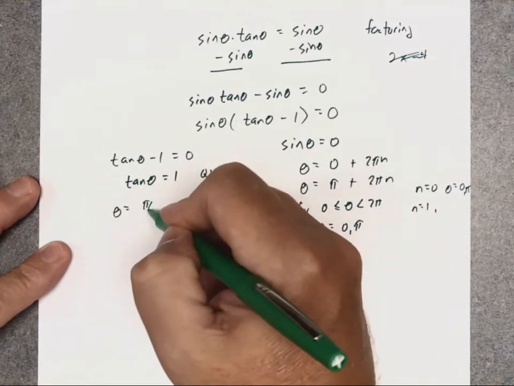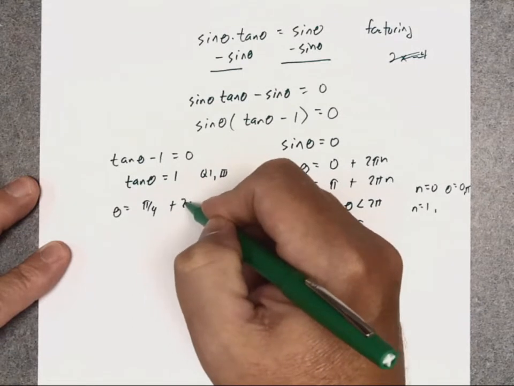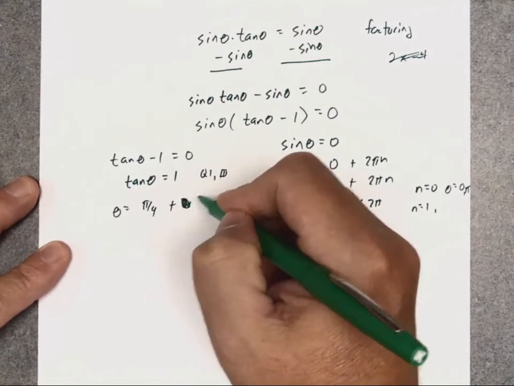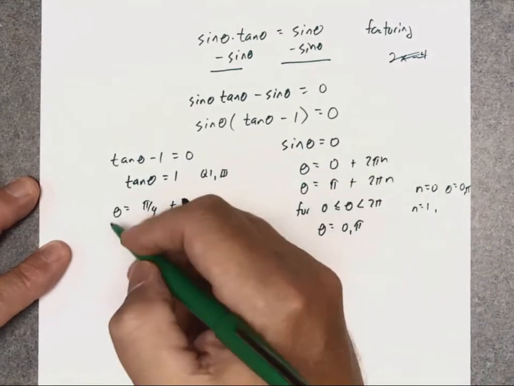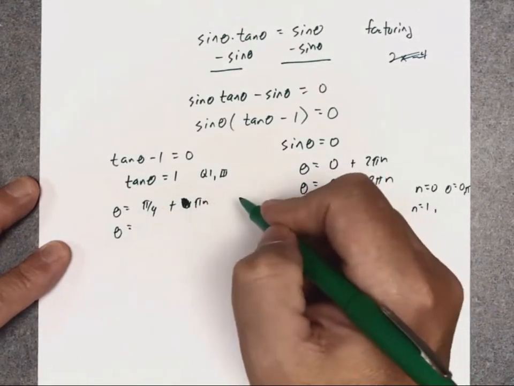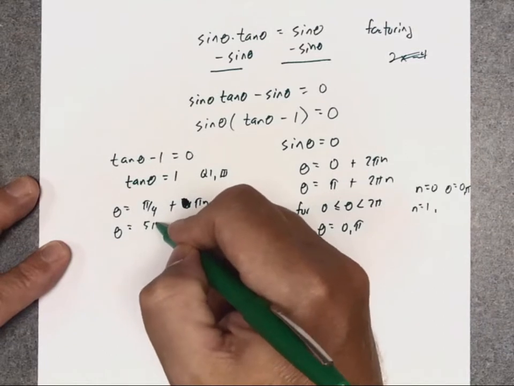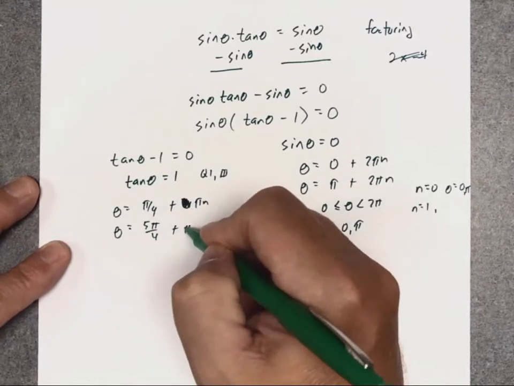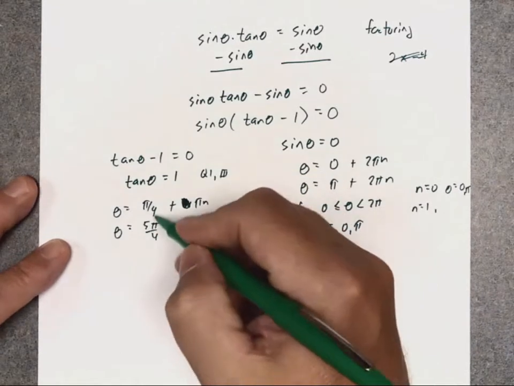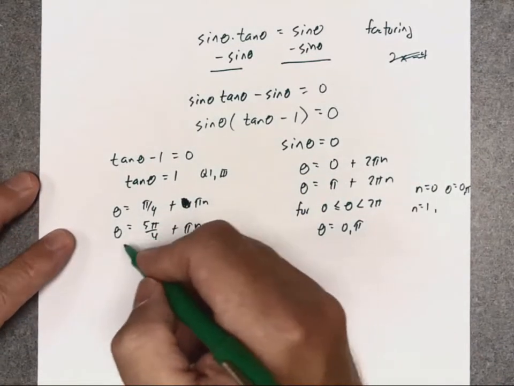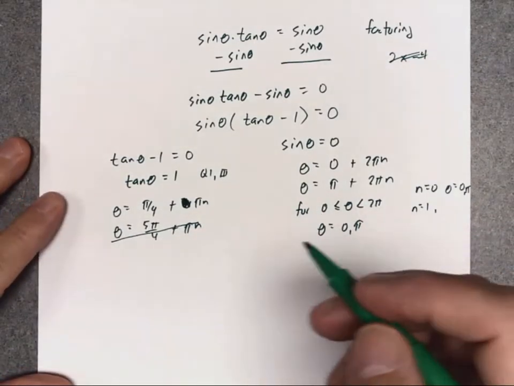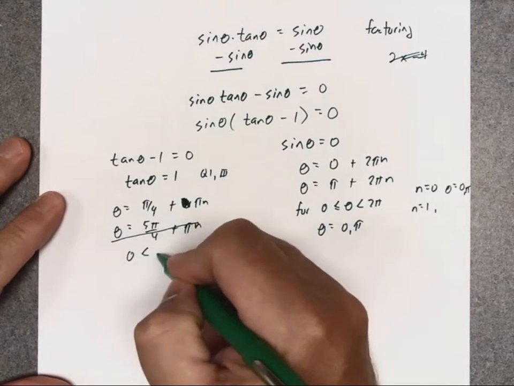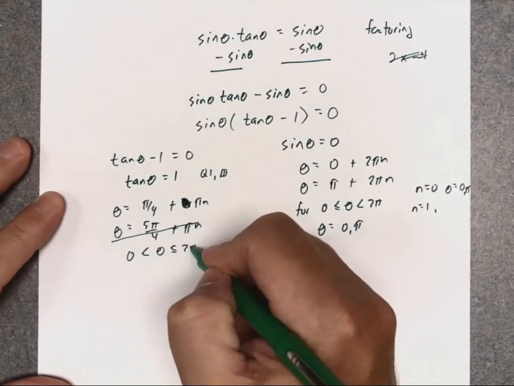In quadrant 1, we have pi over 4, and then we add, actually, remember for tangent, I can just add pi n, and in quadrant 3, 5 pi over 4 plus pi n. Of course, with pi n, these sort of repeat, so actually, I can just say pi over 4 plus pi n, and then if I go for my 0 to 2 pi,